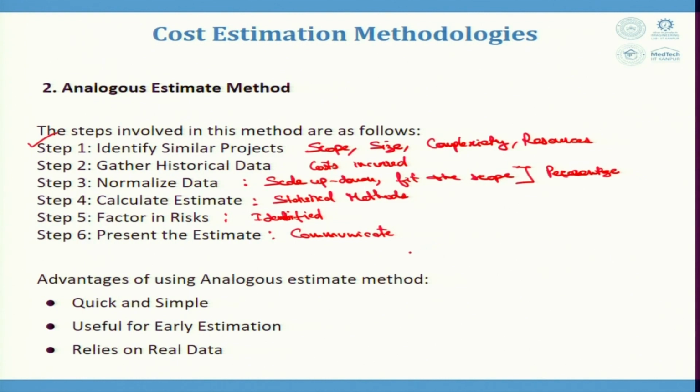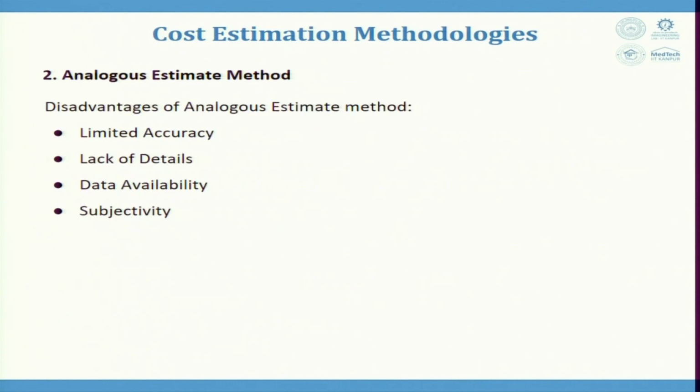So, this method, that is the analogous method, is quick and simple because it is straightforward. We are only trying to estimate based upon the historical data, and this is less time consuming than the other methods that I am going to discuss further. It is useful for early estimation, though the data that is available is only for the similar projects of the past, but still the basic idea or the base cost also comes from this kind of estimation. It relies on real data, which is also one of the pros of this kind of estimate. There are certain demerits or disadvantages, that means it limits the accuracy,